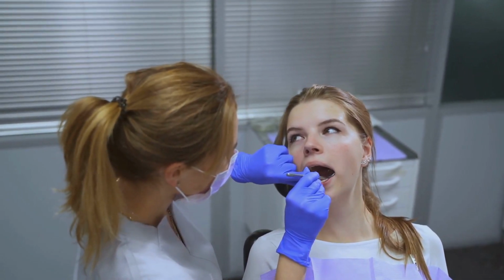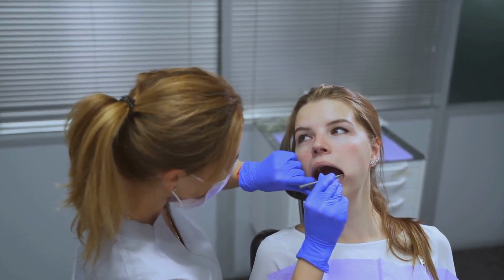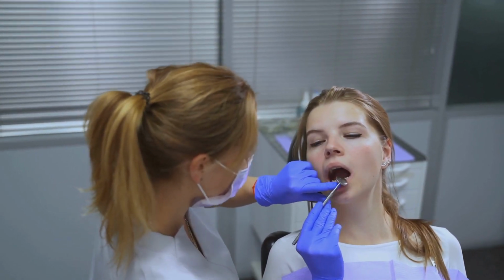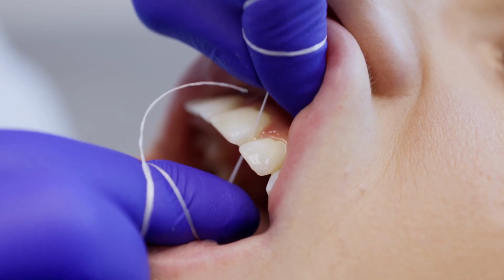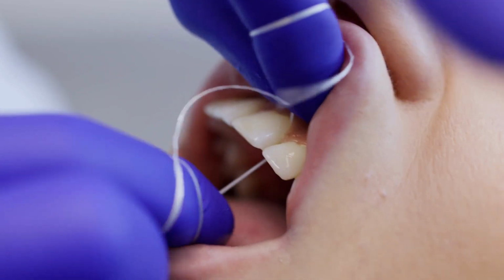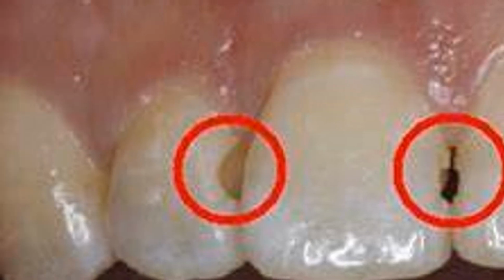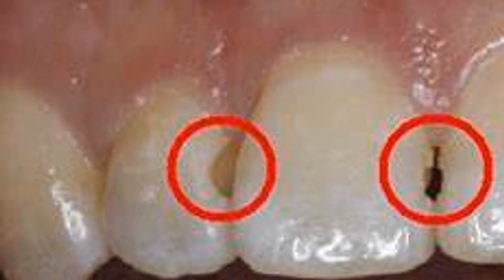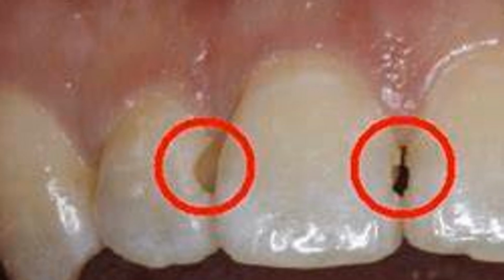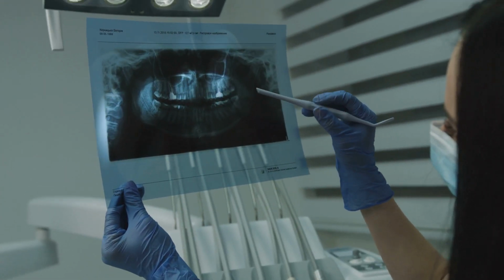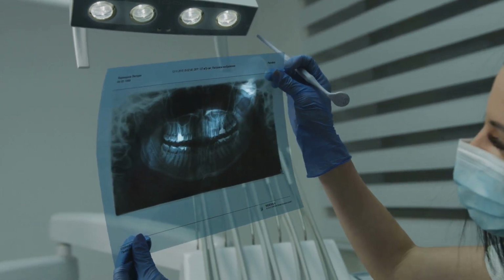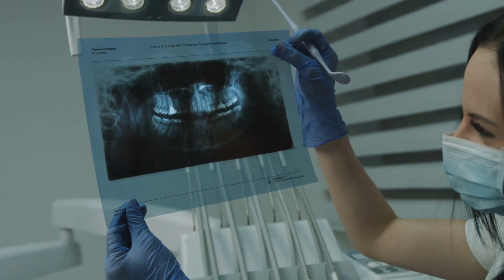Now let's dive deeper into these interproximal caries, because they're the ones that often cause the most trouble and require the most attention. Remember how we talked about those tight spaces between your teeth? Well, those spaces are a haven for bacteria. They provide the perfect environment for bacteria to thrive and multiply, feasting on any food particles that get stuck there. And here's the thing, interproximal caries are often referred to as silent cavities because they can be incredibly difficult to detect in their early stages.